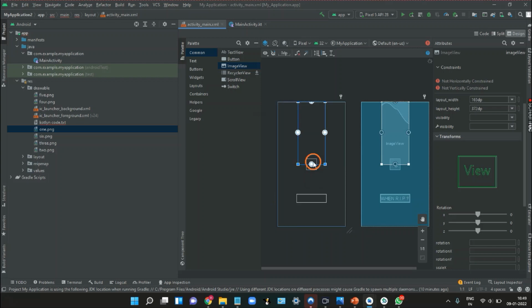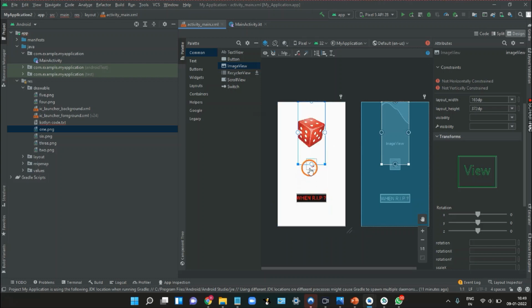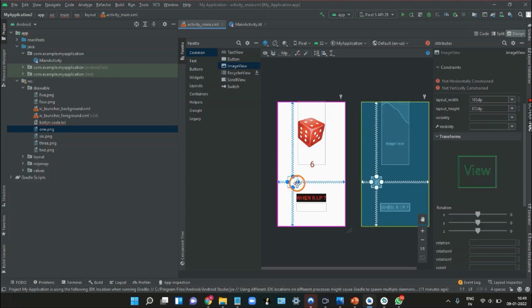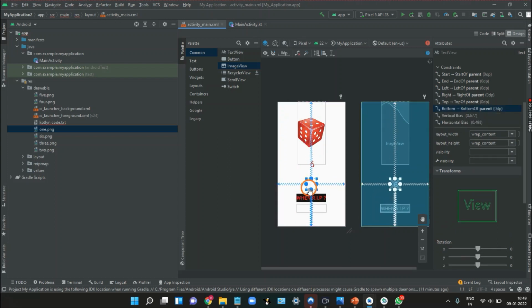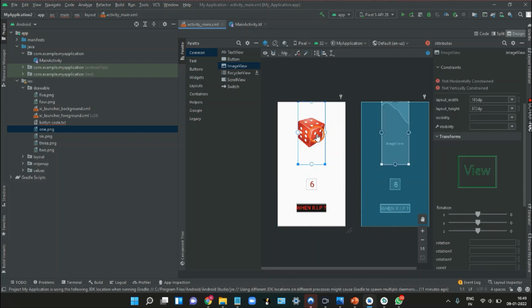First of all, let's move our text view from here to here. Now let's shift this down.